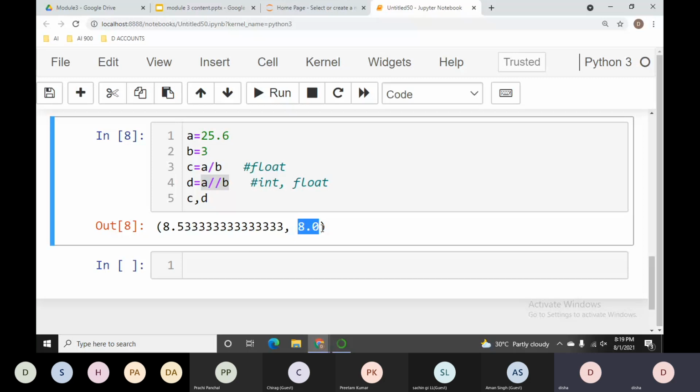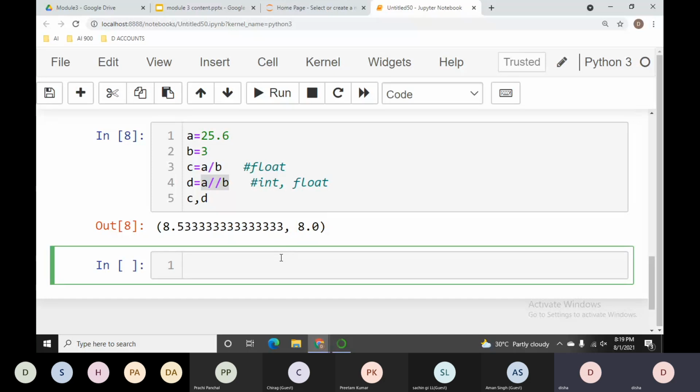Only then we will get the float result in the case of the float division operator, but after the decimal we will get only zero. We will keep that thing in our mind.